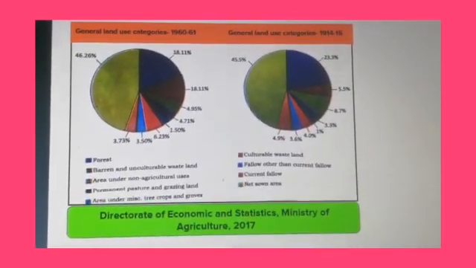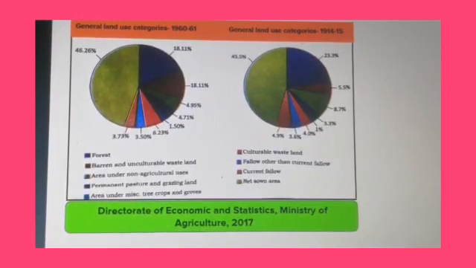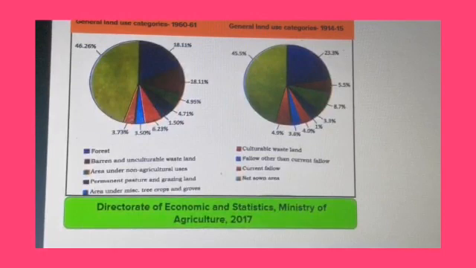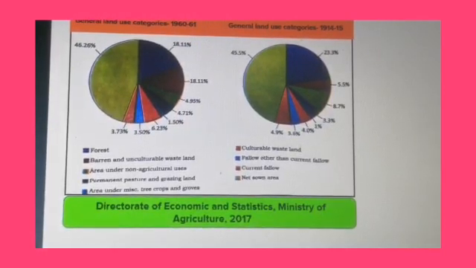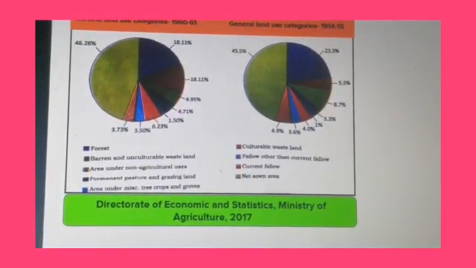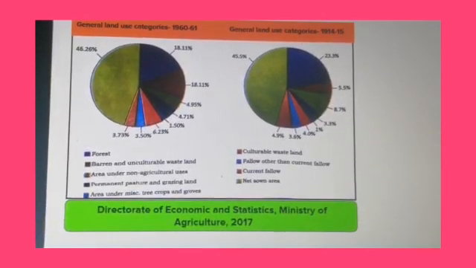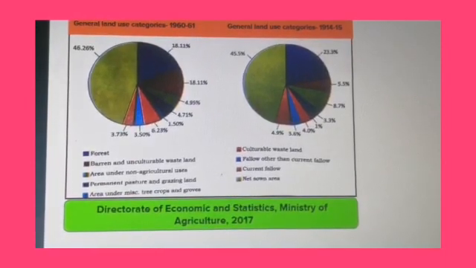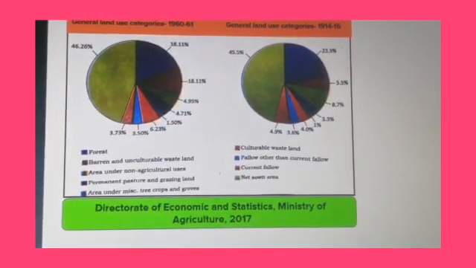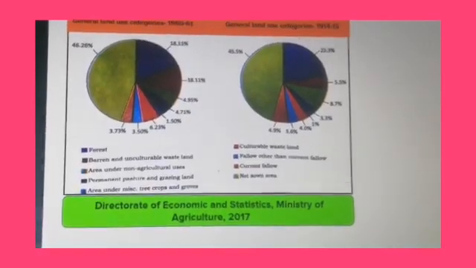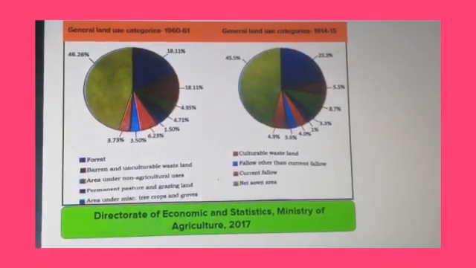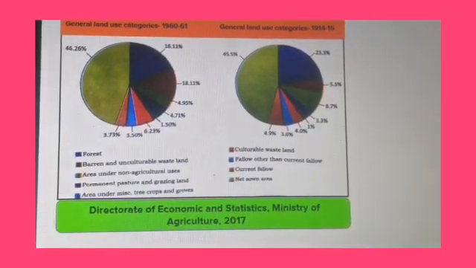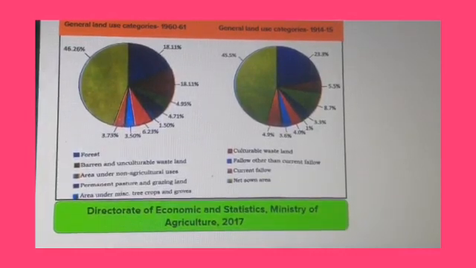We are not taking some parts of Assam, Jammu and Kashmir, which are not surveyed at all. In this picture, you are seeing how the land has been distributed. The Directorate of Economics and Statistics, Ministry of Agriculture, gave this in 2017, covering the general land use categories in 1960-61 and 2014-15. What are the characteristics or types into which we have divided